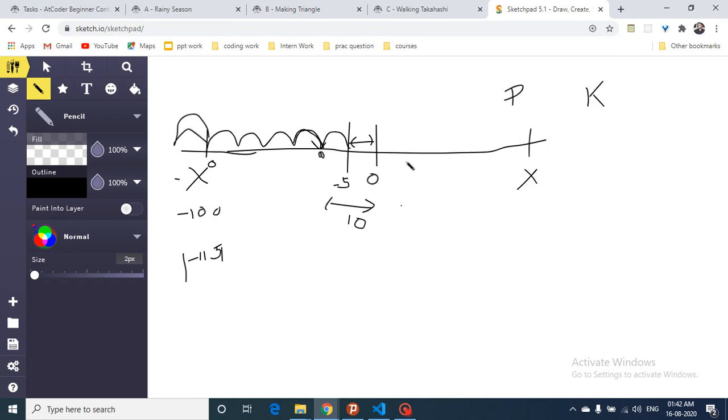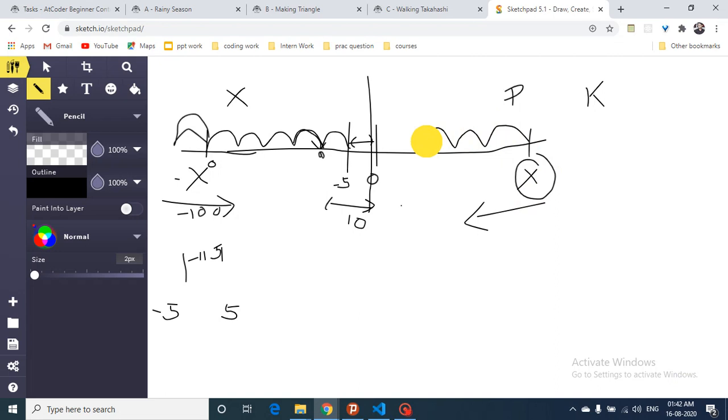Also what you can observe is that -x and x are mirror images. If I go from this to this, or I go from this to this, this is equivalent. If I am at 5 or if I am at -5, what does it matter? I have to make this 0 now. So forget about the negative cases. If my x is negative, just make it positive. Okay, so I have done this for the negative side, but you have to make your x positive, because you can also do this same thing for going from a positive index to 0.